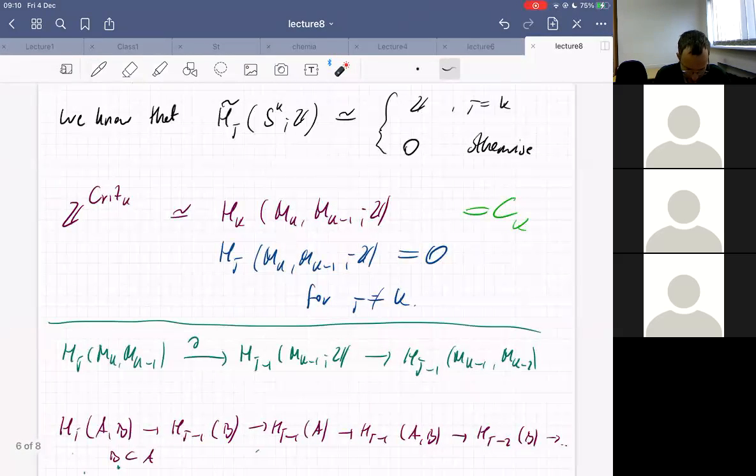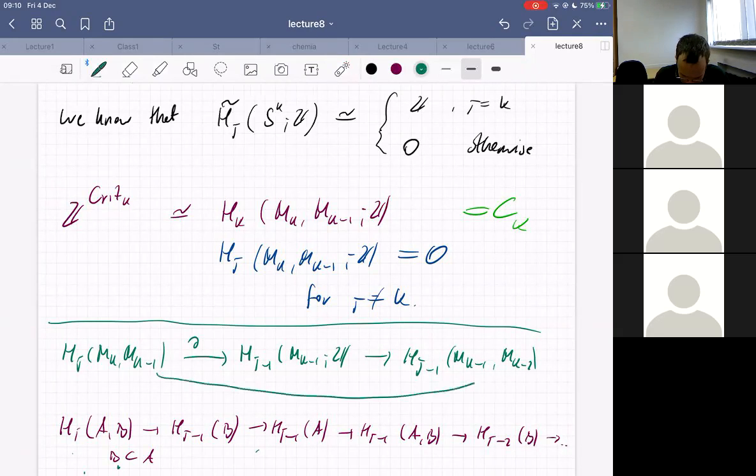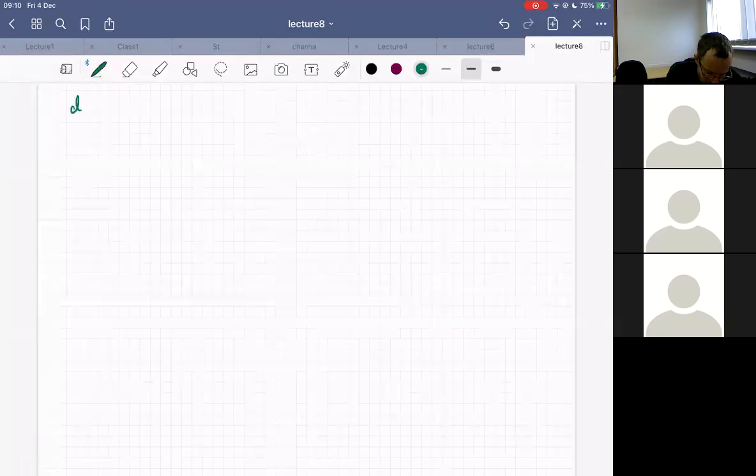So before we pass to it, let's check that. The composite here, we call it dk. Let me check that dk minus 1 composed with dk is 0, because that's what we want to have. If we don't have it, we are completely lost. So we have a map from